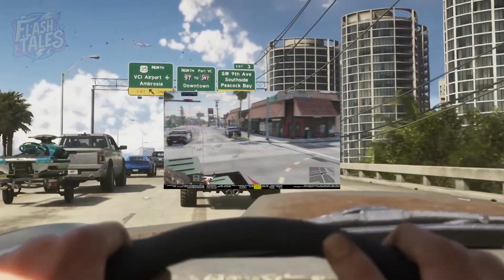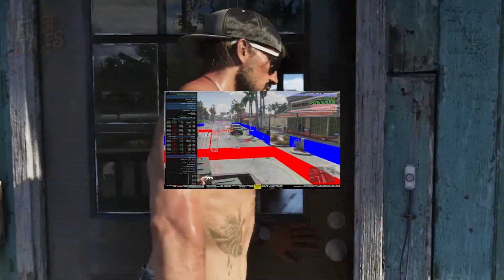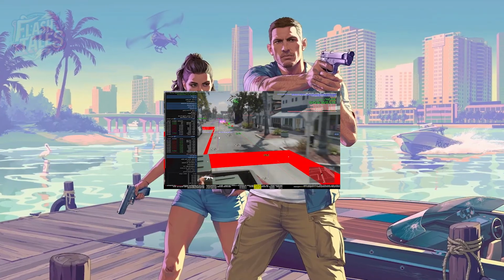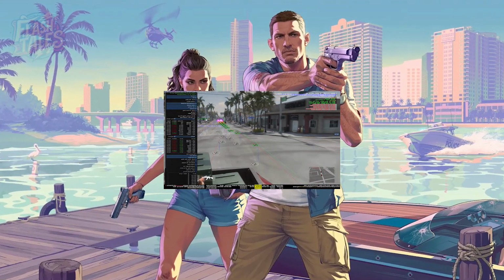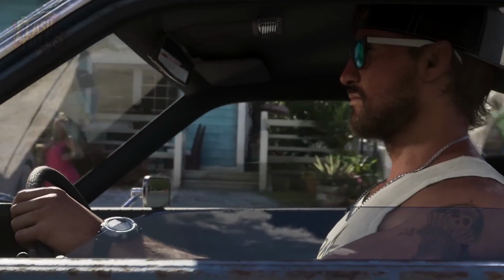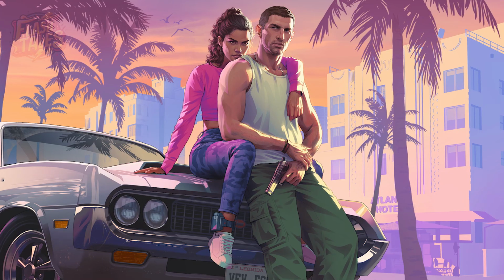Imagine this same principle applied to vehicles during a high-speed chase. We could see fenders crumple in unique ways based on the angle of impact, with hoods bending and buckling realistically, creating a more dynamic and unpredictable driving experience. This could also extend to the environment itself. Fences might splinter and break differently each time. Guardrails could bend and twist from collisions, and even the cover you hide behind during a shootout could visibly deform